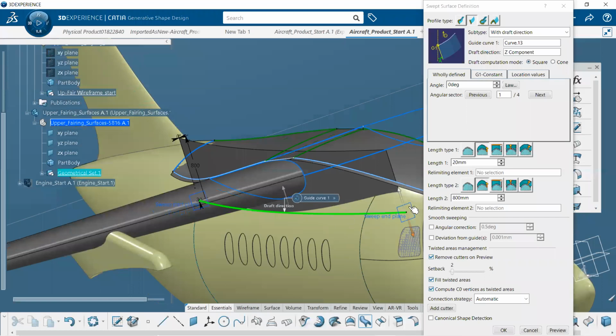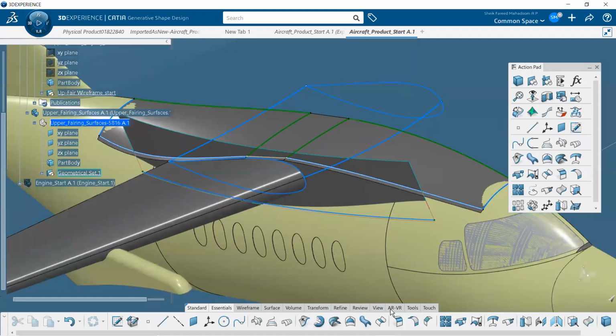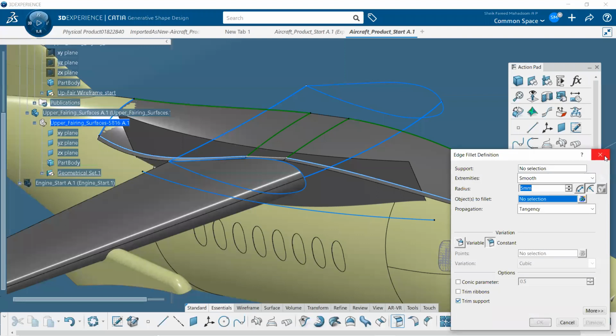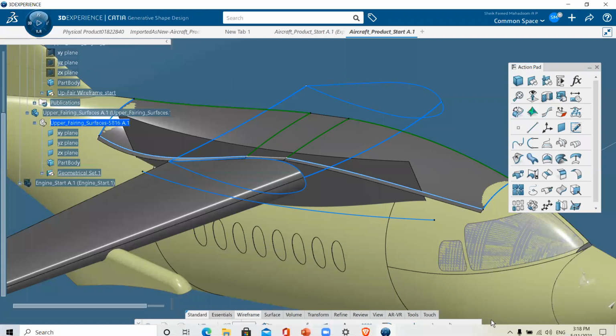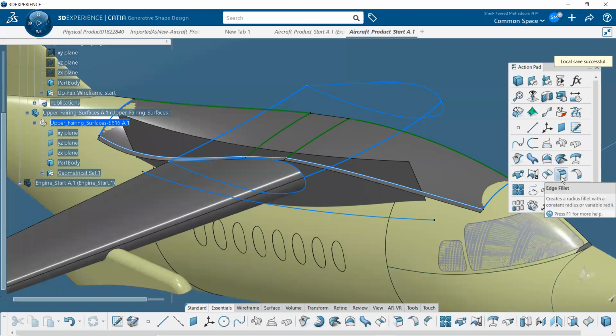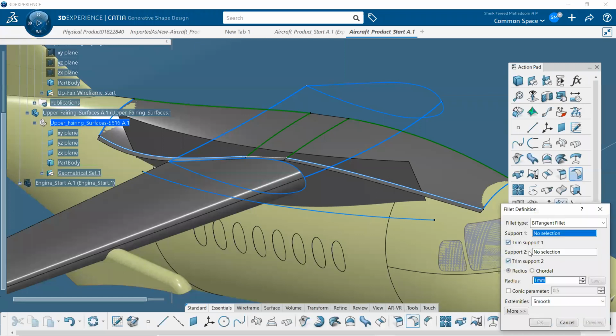You have the surface, and both surfaces are intersecting together. Now we have to select the fillets. Click on the shape fillet, and then the bi-tangent type.